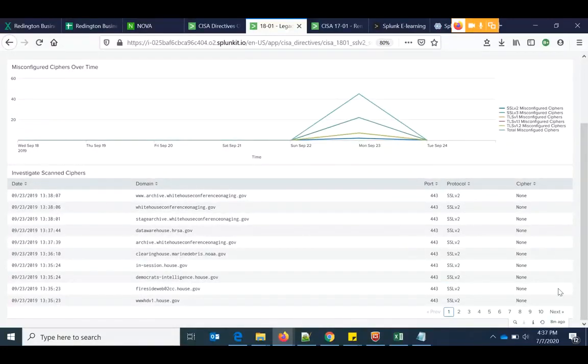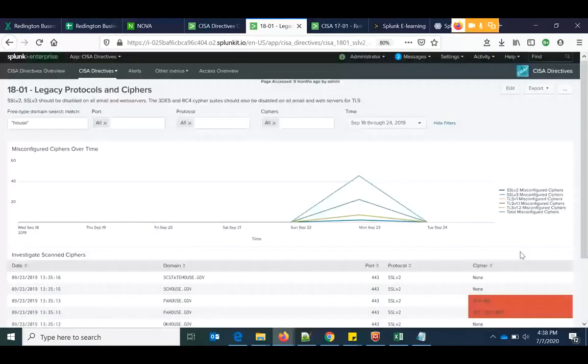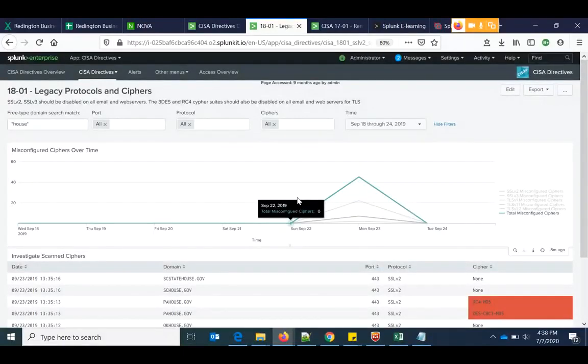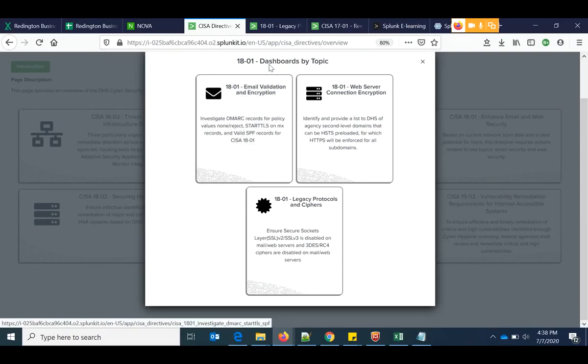So this is the number of pages which you can see, and some of these ciphers which are not compliant in your infrastructure, and that's where you might have to take action. That's the starting point to apply these directives in practice. So let's now go back to the main page,